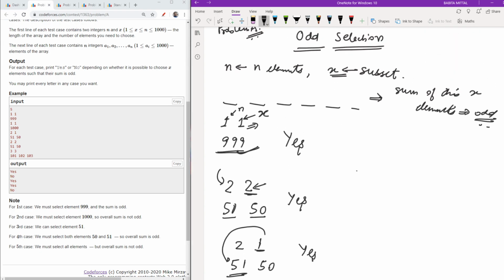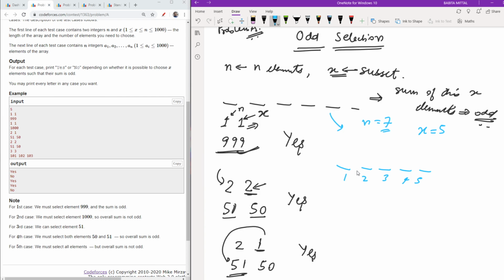The basic first intuition is that out of these n elements I have to choose x elements. Let's arbitrarily say that n is 7 and x is 5, so 1 2 3 4 and 5. Now I have to choose 5 elements out of 7.